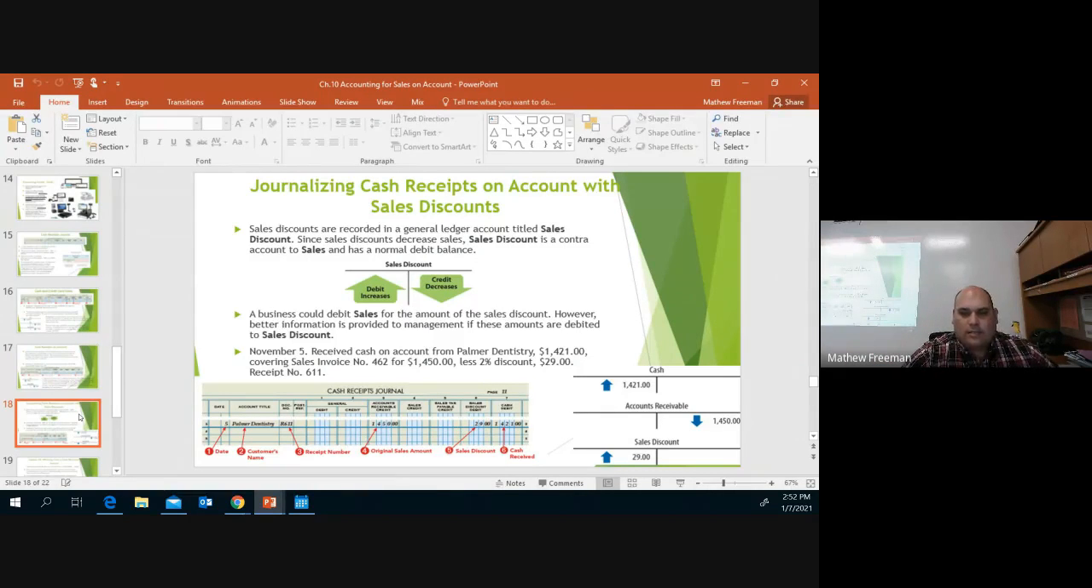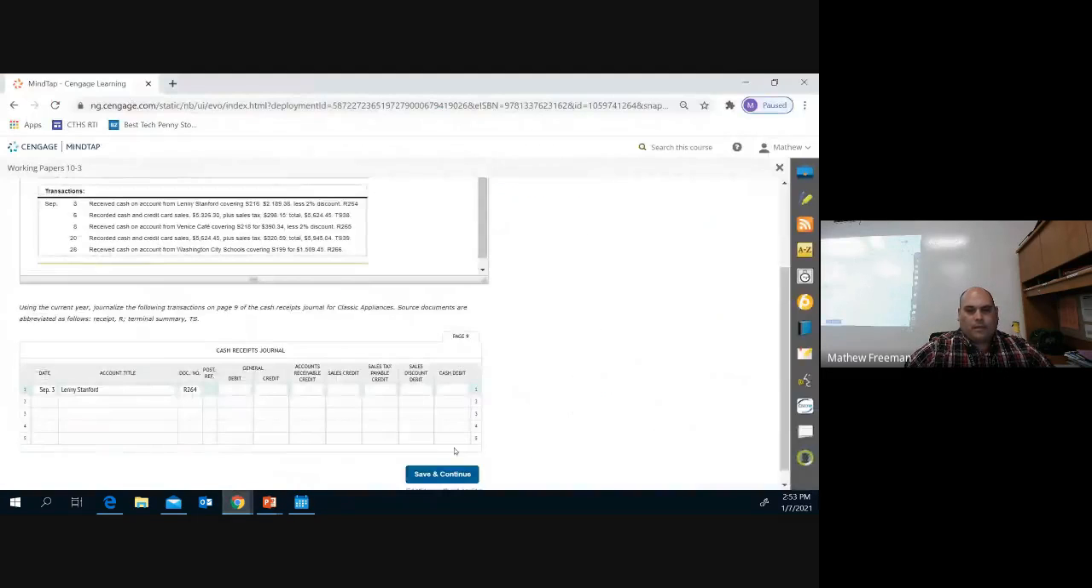Cash. And so what we're trying to cover, the 450 less the 2% discount. So we got to solve what that 2% discount is going to be. What that 2% discount is that they're paying us in cash for. How much are we going to debit in cash? So we know the accounts receivable amount is going to be, as an example, the 1450. So if we go back to the working problem over here, that accounts receivable credit is going to be